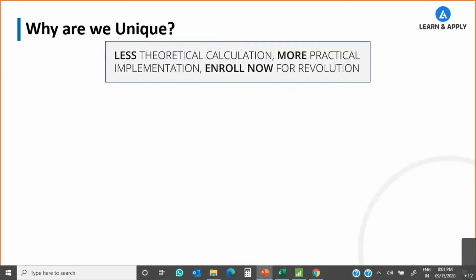This Lean Six Sigma certification will be provided by Learn and Apply. With that certification, will it be accepted in all industries, not just going for ASQ? ASQ is, we can say, the number one in the world. So if you go for the ASQ certification, obviously the weightage of ASQ is very high compared to Learn and Apply at this point of time. Yes, exactly. But what I'm asking is, if we take the Learn and Apply certification, will that be useful throughout the Indian industries? Yes.